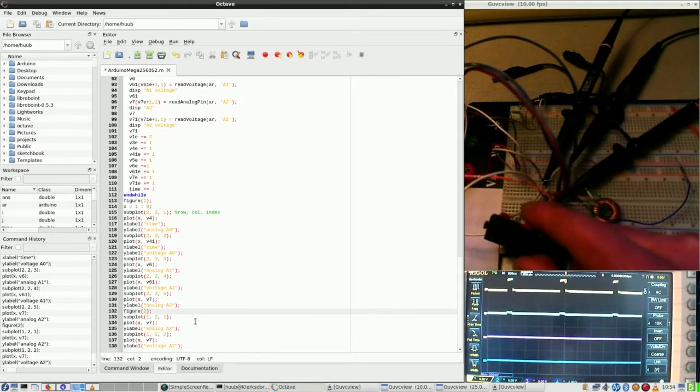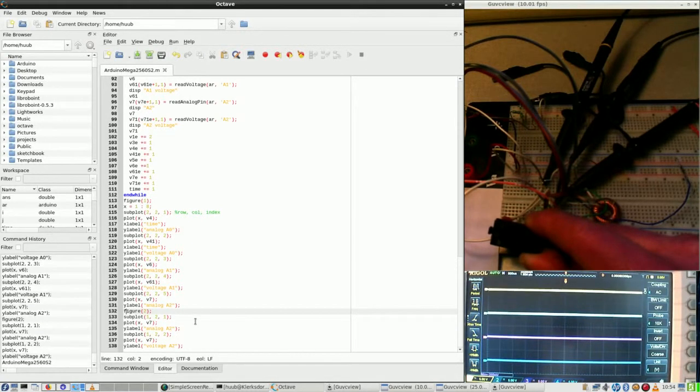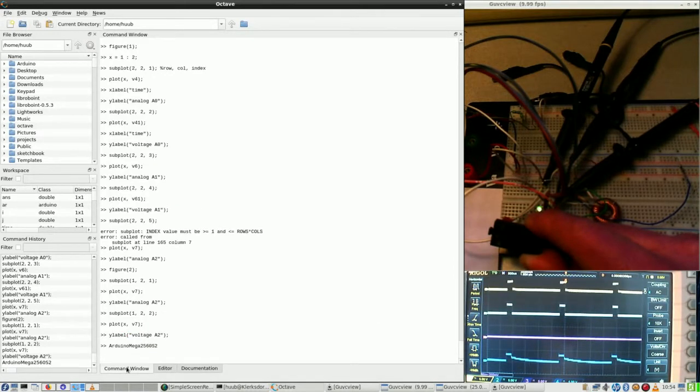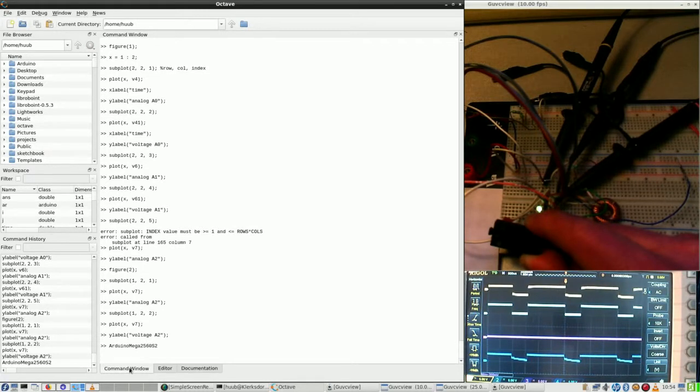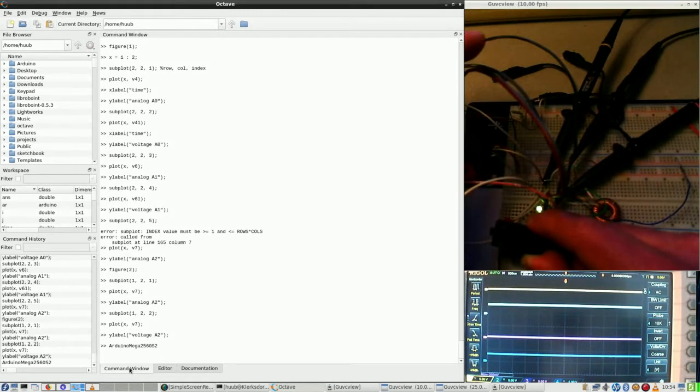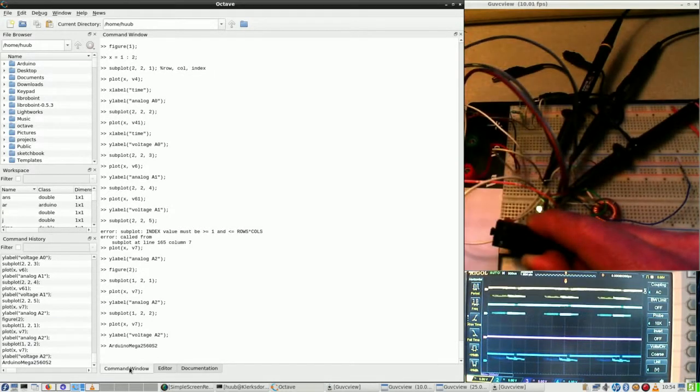So, pressing and running, and there should be no problem. Alright, so that will be 8 iterations, and now I can see again that the red LED is obscured